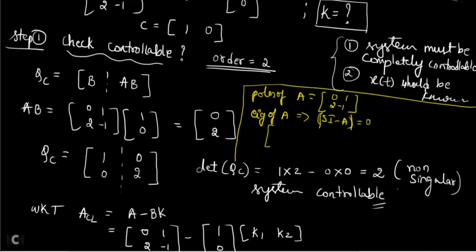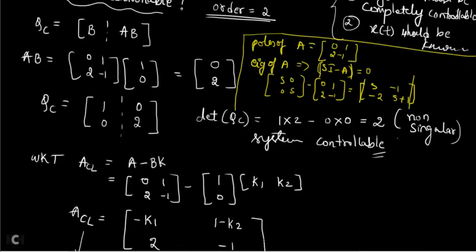So if you do that, you will get the matrix S, 0, 0, S minus 0, 1, 2, -1, and that is going to give you S, -1, -2, S plus 1. Okay, so for this you have to take the determinant. If you take the determinant, what is left out? S into S plus 1 minus 2 into 1. And that is going to give you S square plus S minus 2 is equal to 0.